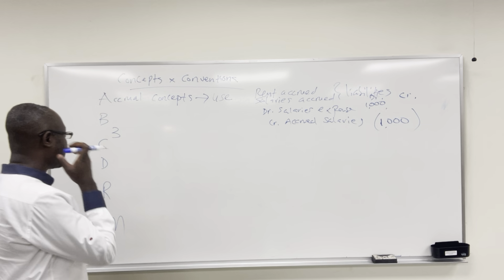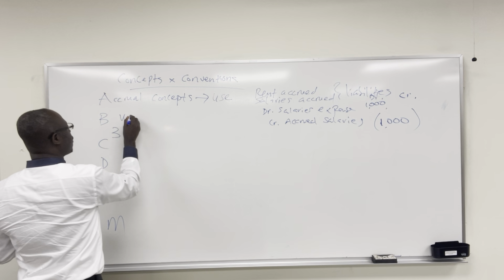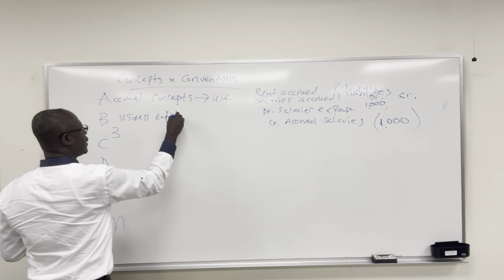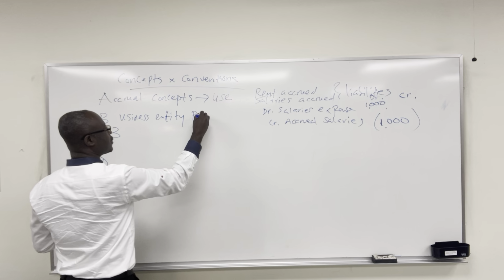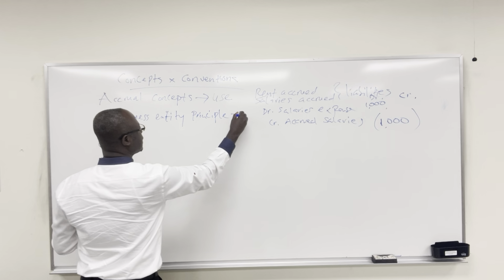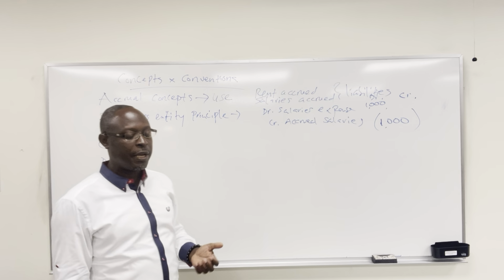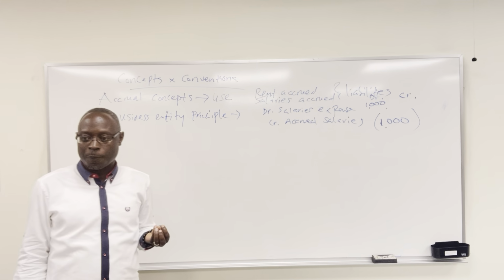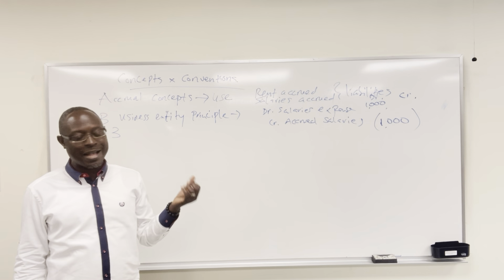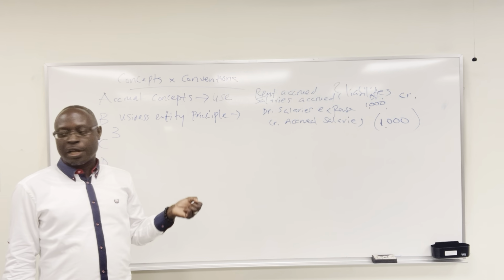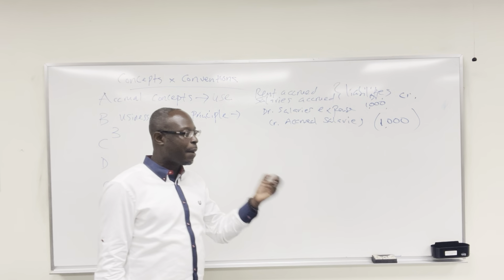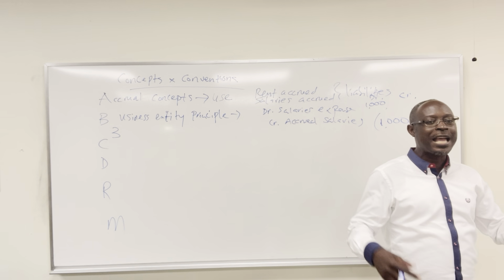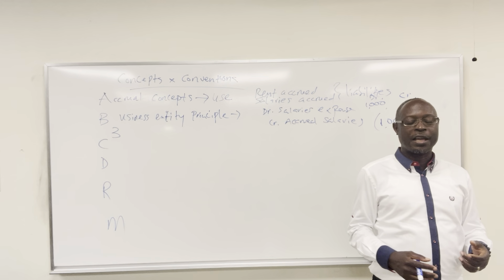The second concept of accounting that you should remember is what we call the business entity principle. The business entity principle or concept. Some people call it the economic entity principle. That means in accounting, you look at the transaction from the perspective of the business that you work for. Who do you work for? Bank of America, Mass Mutual, Prudential. What company do you work for? Price Waterhouse, EY. Do accounting from their perspective. Otherwise, you get yourself confused.